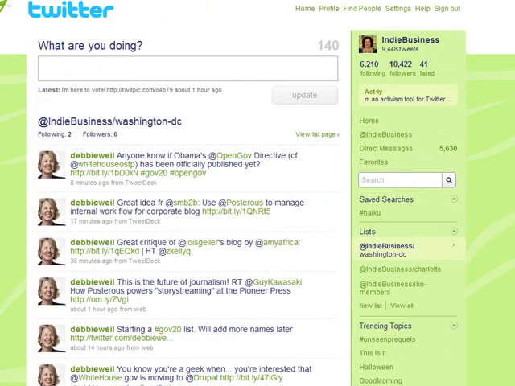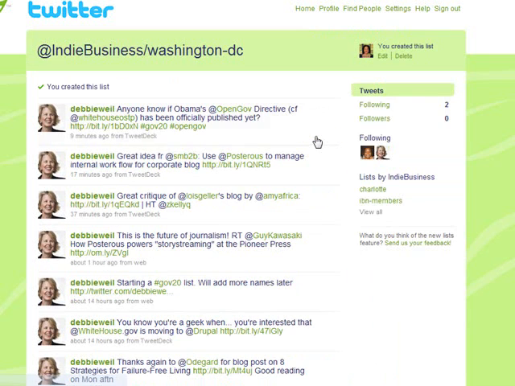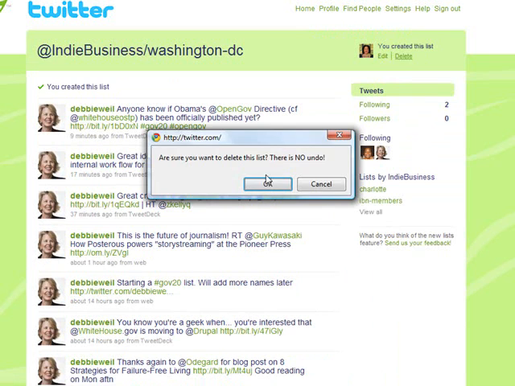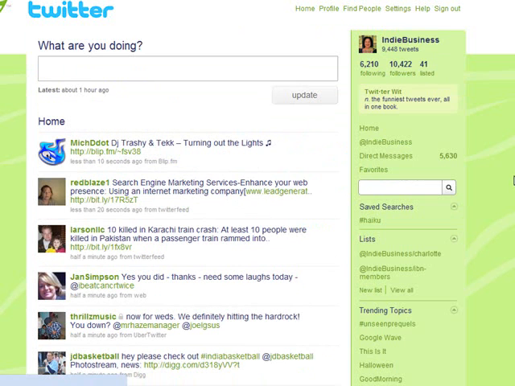Now I'm going to go ahead and scroll to the top here, and it says View List Page. So let's view the list page. This will give you information about the list and allows you to manage it. Up in the right hand corner I can edit the list or I can delete the list. So I'm going to go ahead and delete it because I just created it for an example,